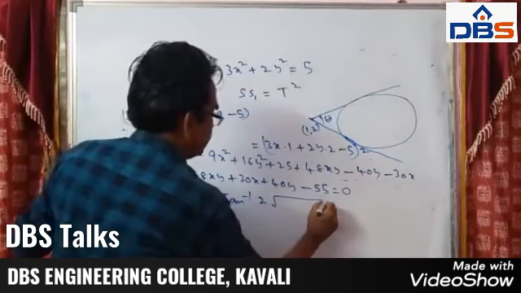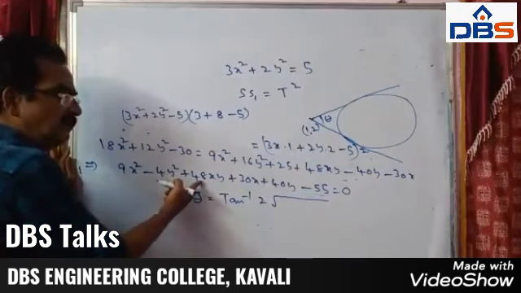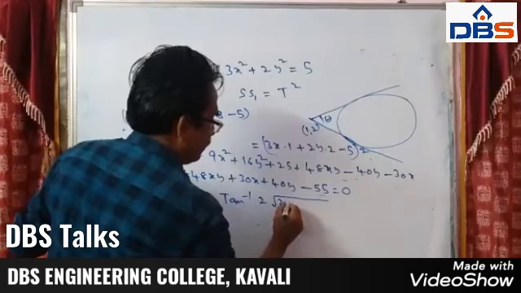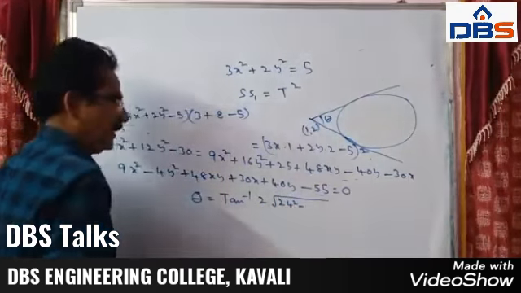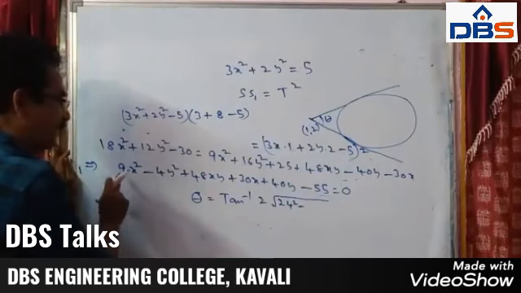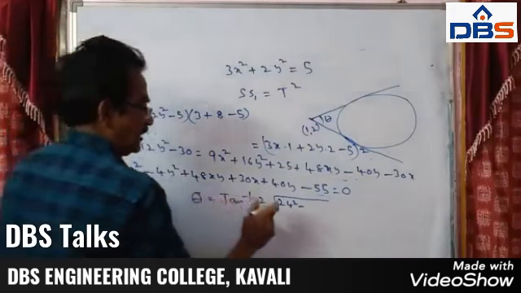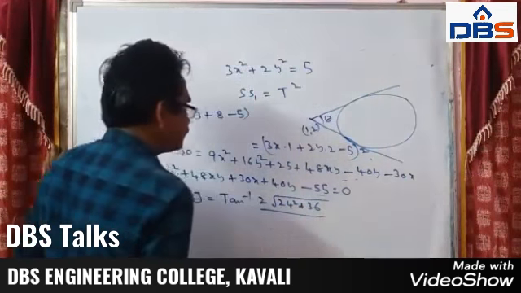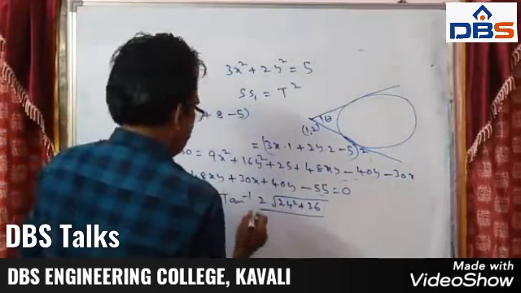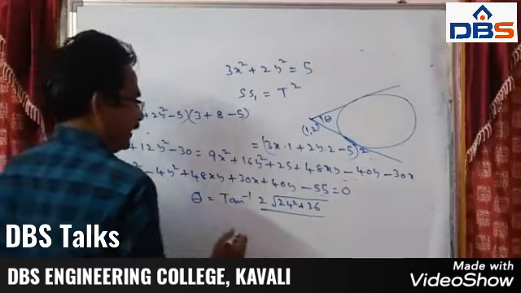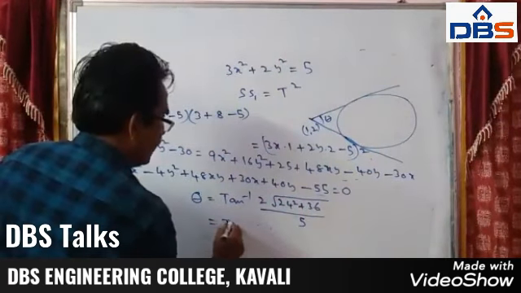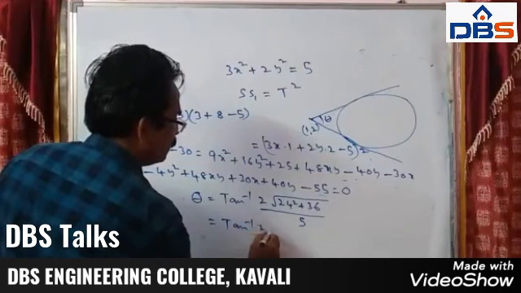2 root h square minus ab. 2h is equal to 48, h is equal to 24, square. h square minus ab, a into b, 9 into 4 is 36, minus of minus 36 plus 36, by a plus b. a plus b, 9 minus 4 is 5. This is equal to tan inverse 2 root,